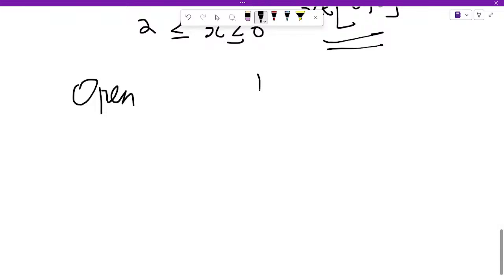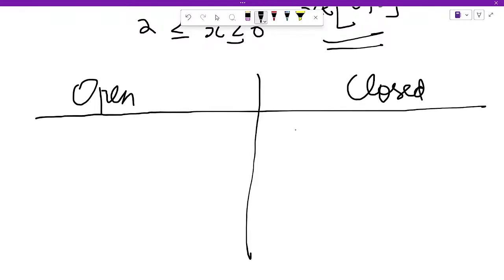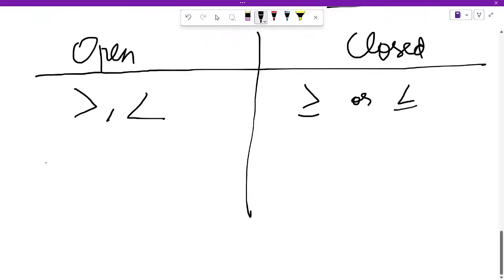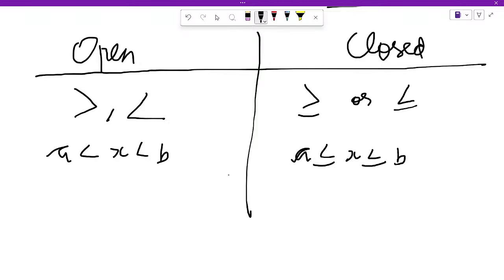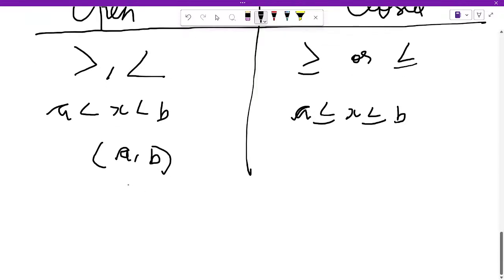Open, closed. So for open interval, the symbols will be like this: greater than or less than. For closed interval it will be like this: greater than or equal to or less than or equal to. Secondly, we can represent in open interval for two variables a and b as: a less than x less than b. For closed interval: a less than or equal to x less than or equal to b. It's represented as a comma b